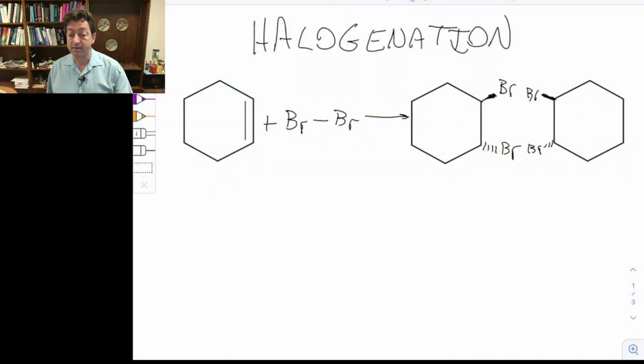Again, continuing to look at the addition across carbon-carbon double bonds. Continuing, in this case, looking again where the partners in our elements in our X and Y molecule are of the same atom. So we talked about hydrogenation in the previous video where we had two hydrogen atoms. And now in this particular video, we're going to focus on the addition reactions where we have two halogens participating